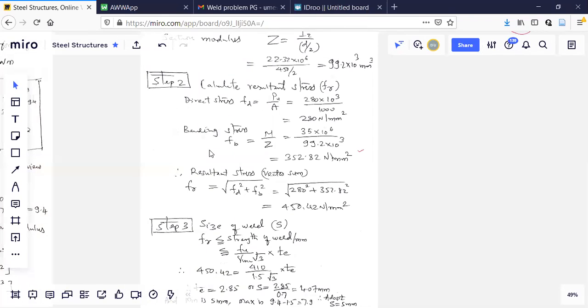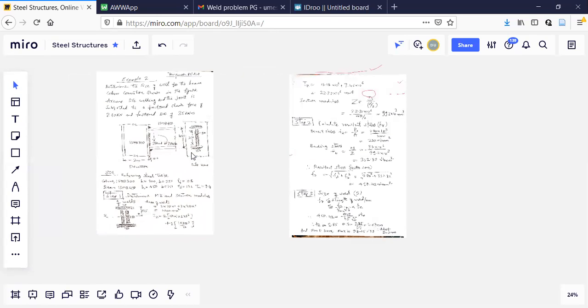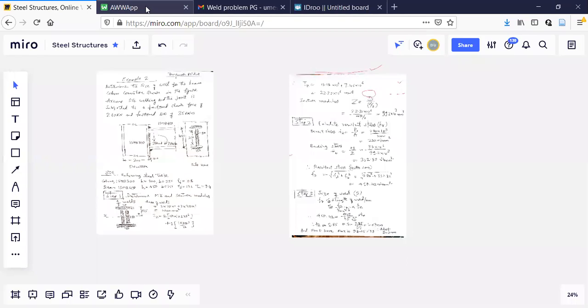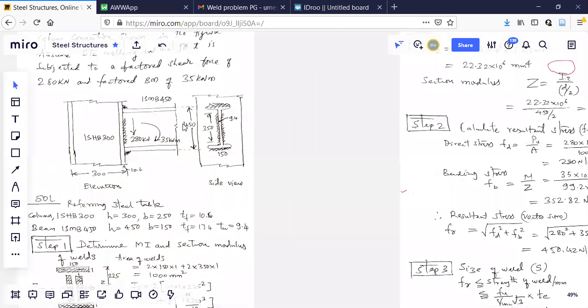If I give you some extra problems, if you solve them, there is a guarantee that you are going to score and you will come out of whatever residual doubts are there. There is no other shortcut other than solving additional problems. Whatever I'm teaching here, it will be uploaded and stored. Again, I'll upload this on YouTube also. But ultimately, how much you practice is important here.